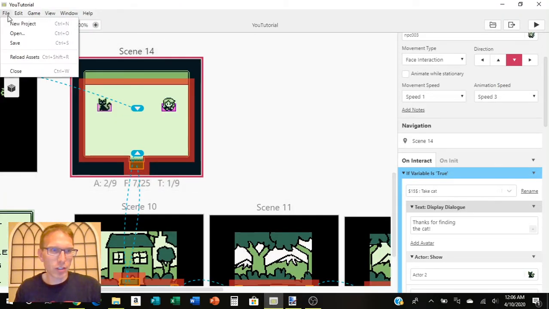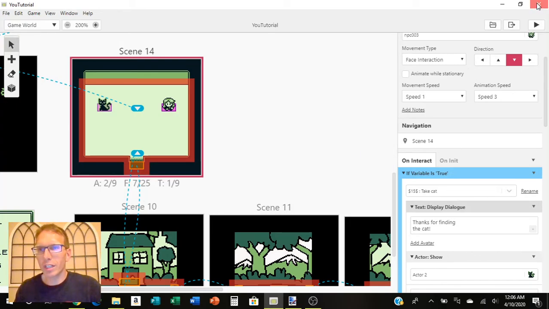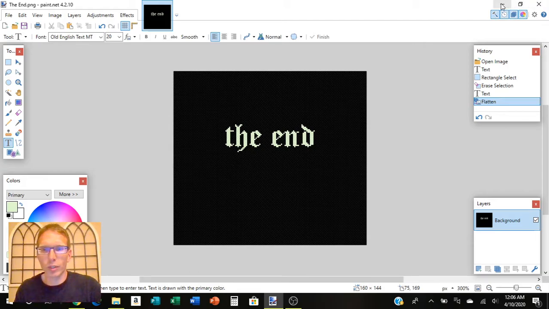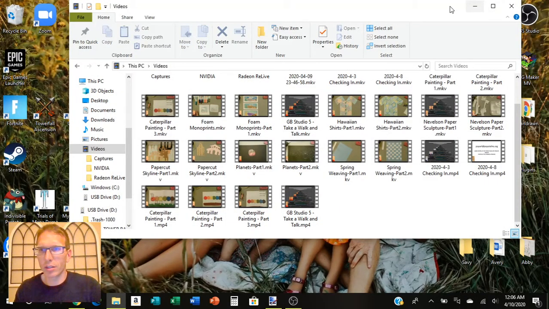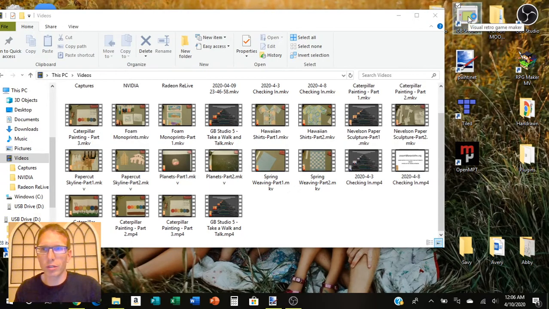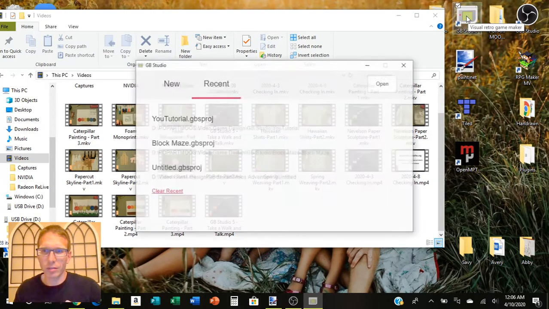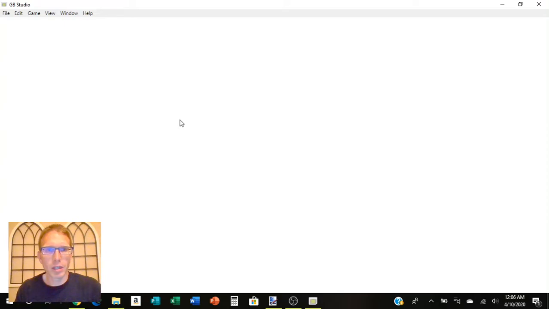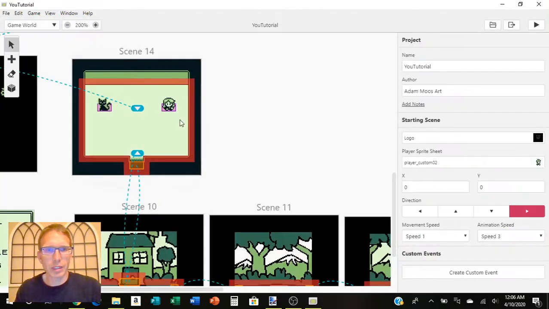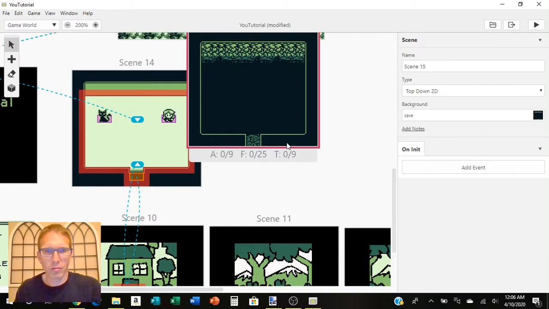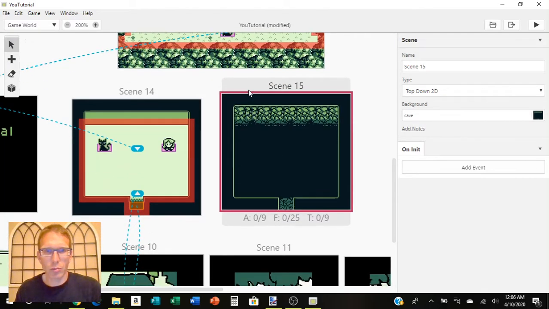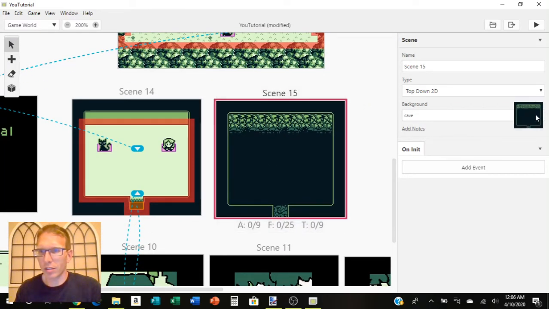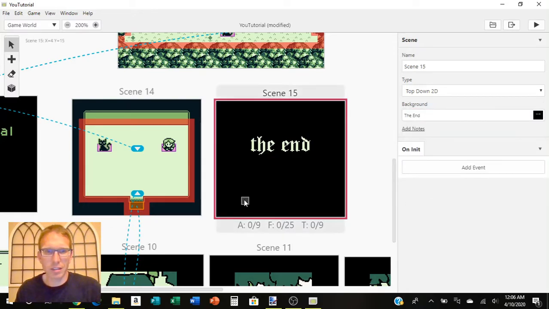Now remember, to save your game, to save what you've done, to get the new screen to be there, we're going to need to reload the program. So we're going to close everything down, and then we're going to reopen GB Studio so that it'll go to the new folder and it'll be available for us now. Okay, so we should have everything loaded up in there, and then we're going to add a new scene. Okay, and that new scene will be the end. So let's see, over here we'll use the end, and then